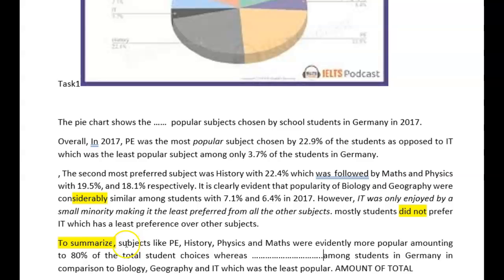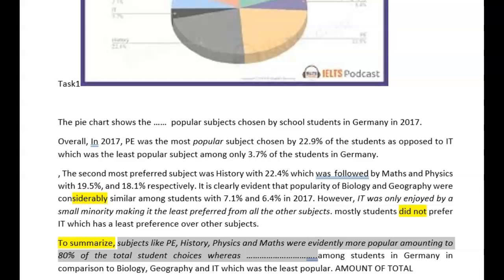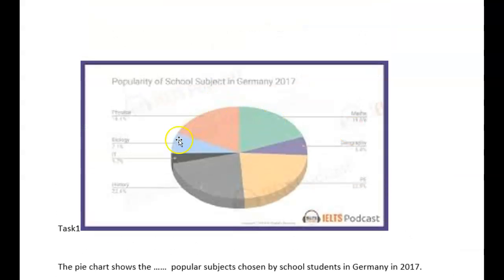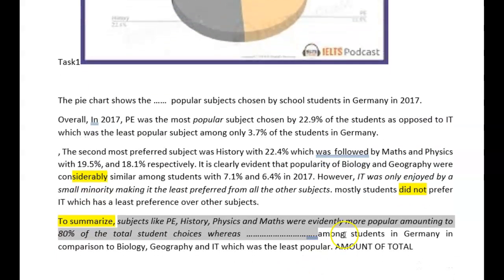made up X%. So here we're kind of doing a nice comparison amongst, we're grouping. So we're grouping the top 4 and the big ones, and then we're grouping the little ones, which is the last thing you need. You're including another comparative, more popular, and then you're including a nice contrasting whereas in there in that final statement. So you've done a really good job here as well. It's just a little tiny bit more that you need on the comparatives. But good work here. Well done. Thank you.